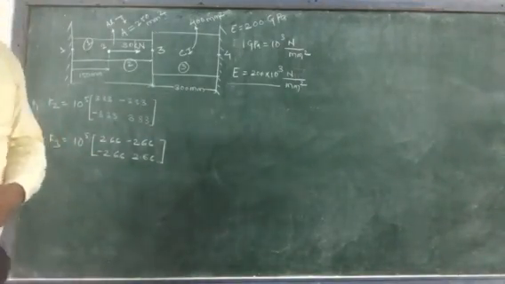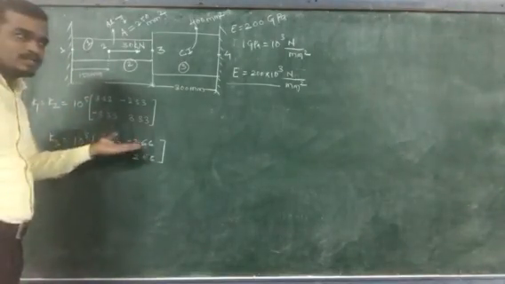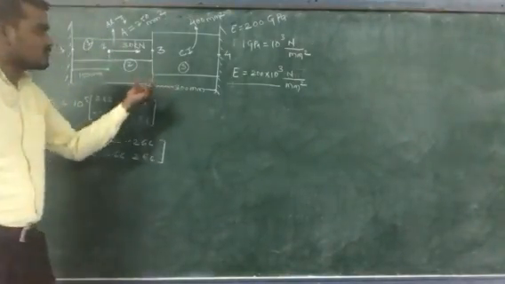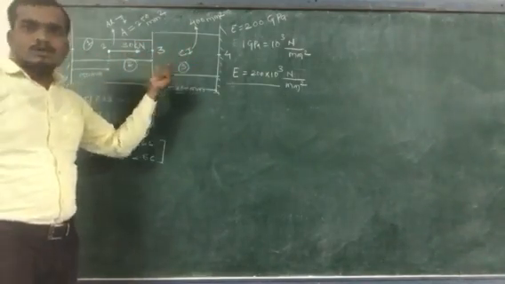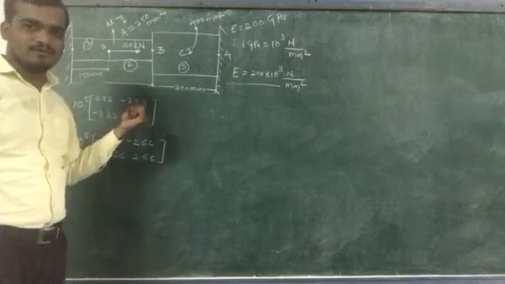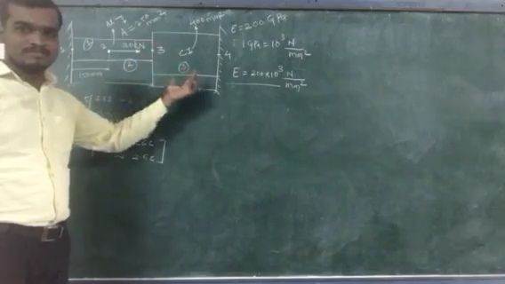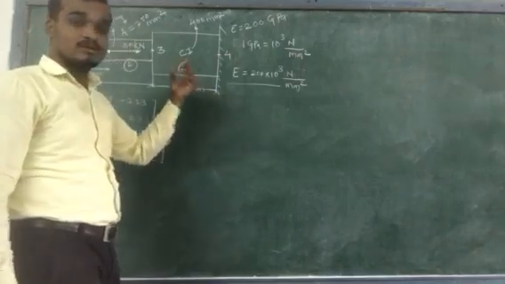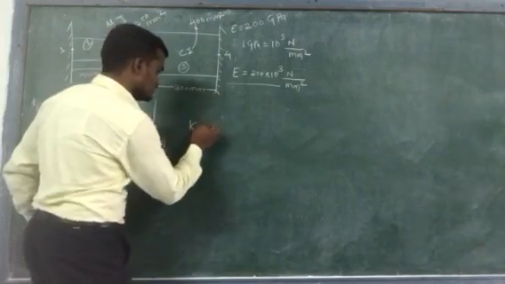Now next step is what? Assemble these elemental stiffness matrices globally to get the global stiffness matrix. What is the order of the global stiffness matrix here? As there are 4 nodes, 1, 2, 3, 4, the order of the global stiffness matrix will be 4 by 4. The number of nodes is the order of the global stiffness matrix. So as there are 4 nodes, the order will be 4 by 4. So finally this K will become equal to